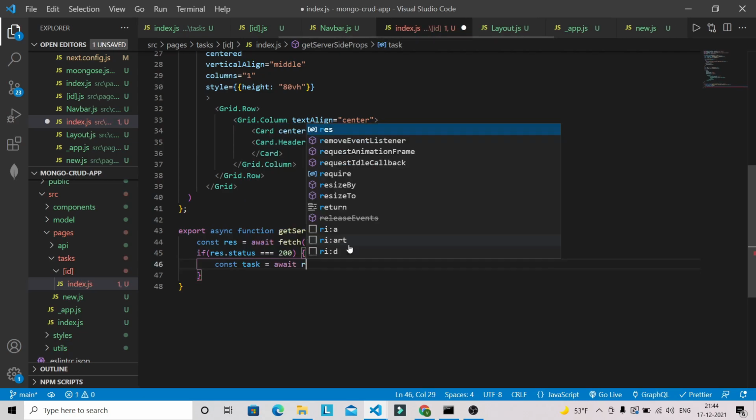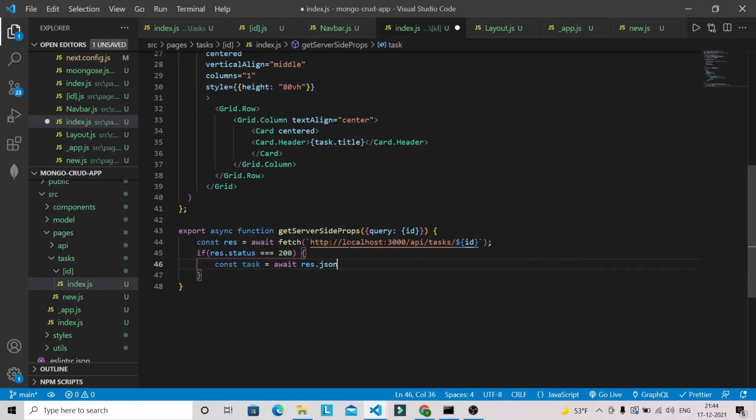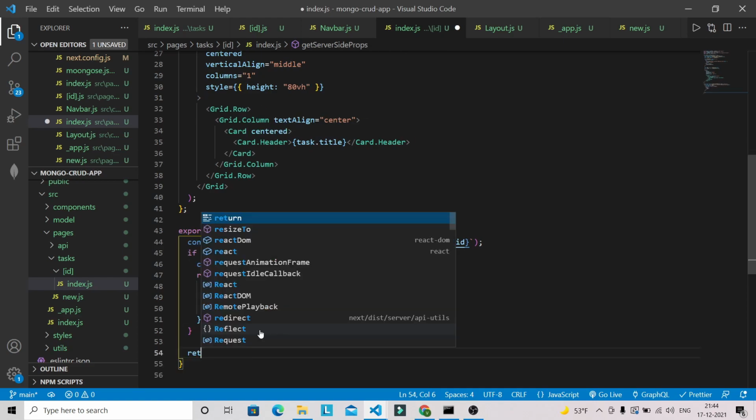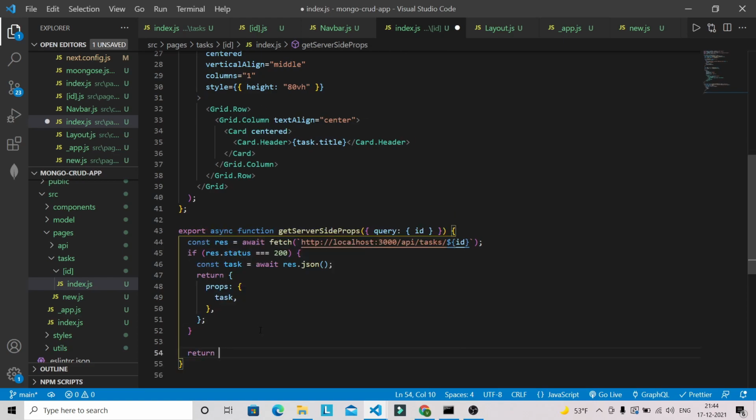So await response.json, and we can return our props, and we can specify the task. After this, if we have any kind of error, we can return that as well.